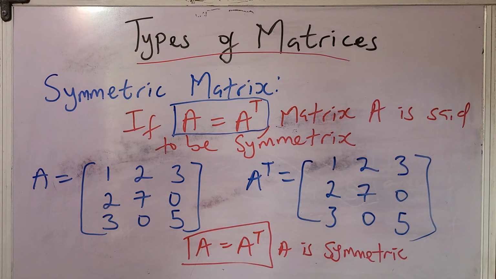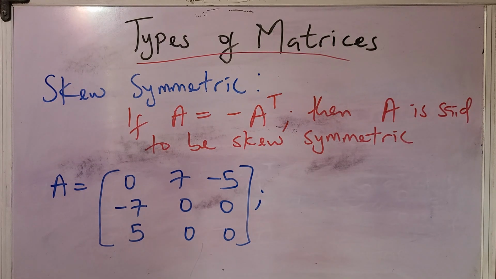So this is the condition that must be fulfilled for you to say a matrix is symmetric: A equals A transpose. So what does it mean for a matrix to be called skew-symmetric? Let's get into skew-symmetric matrix. Well, the condition to be fulfilled for you to identify a matrix as being skew-symmetric is that A